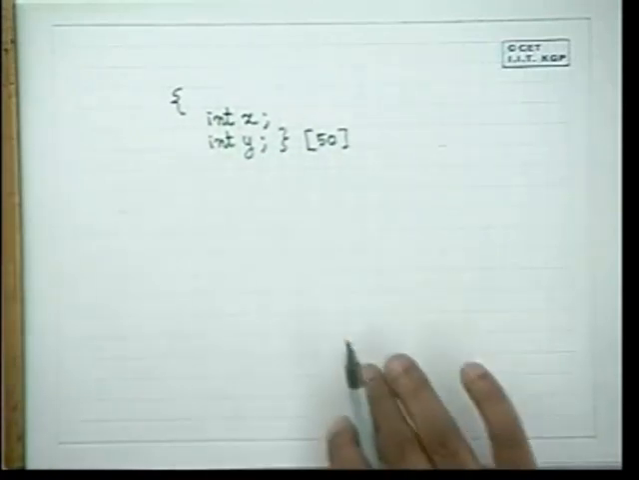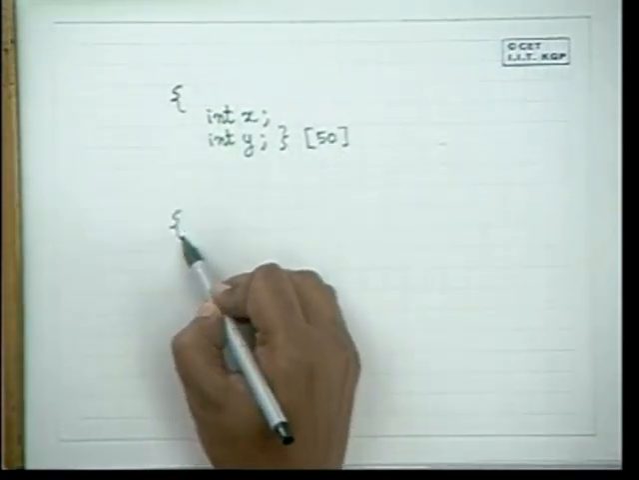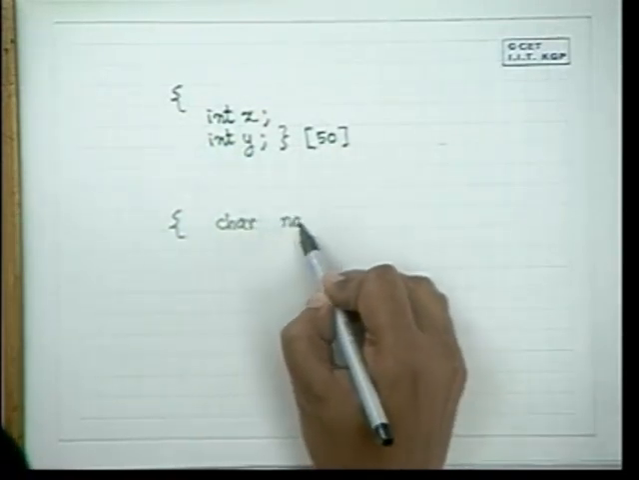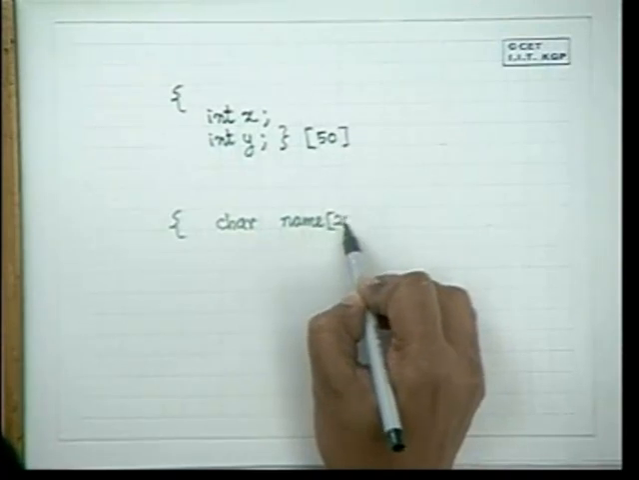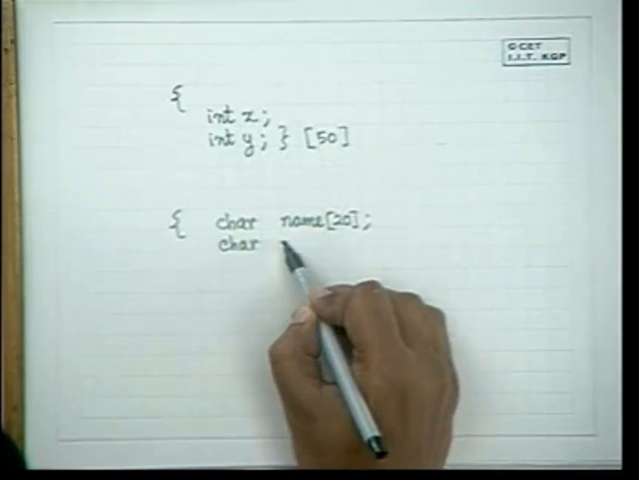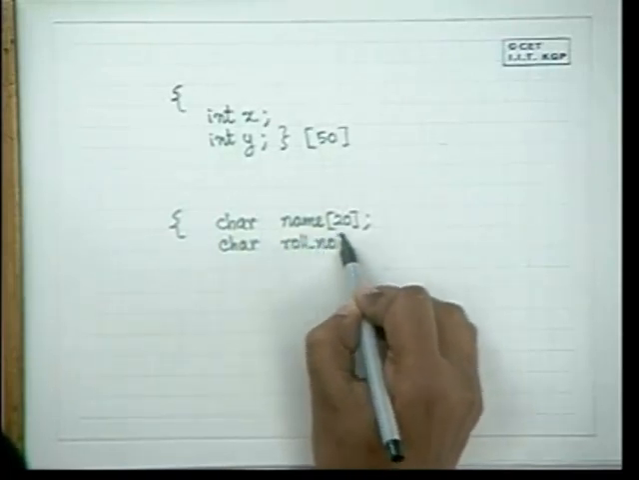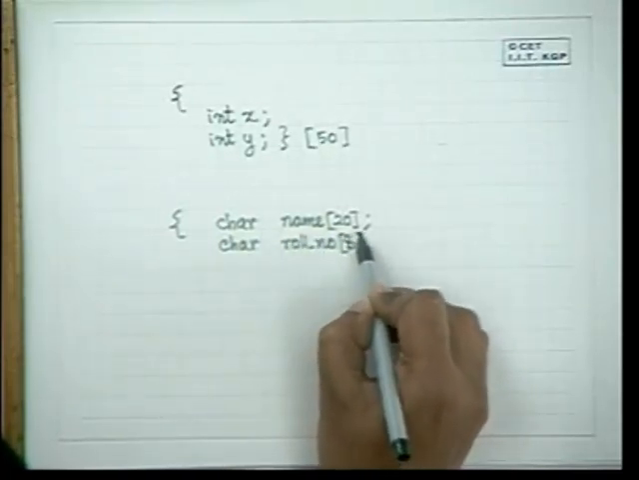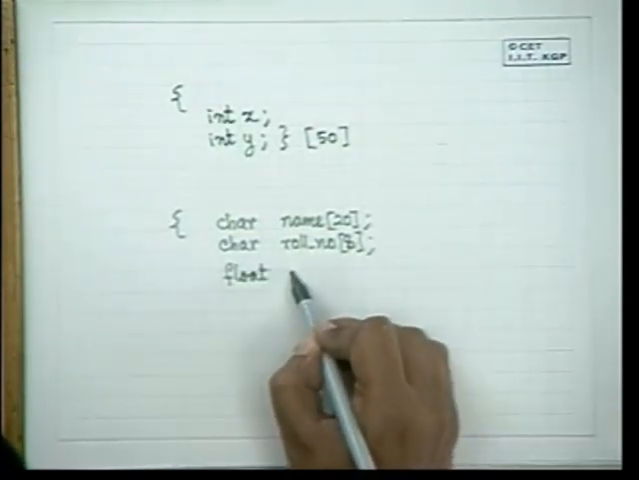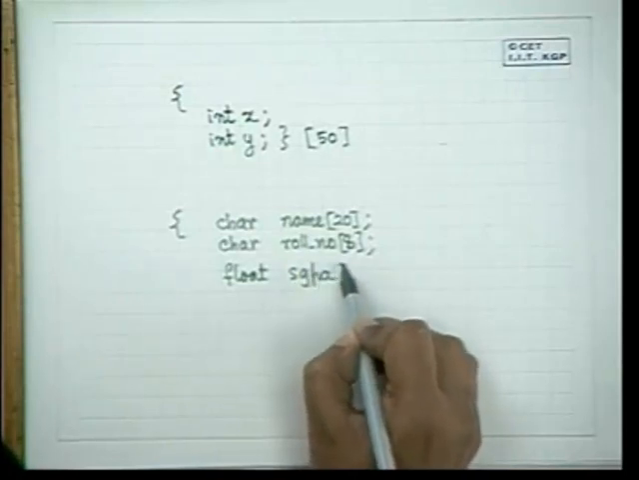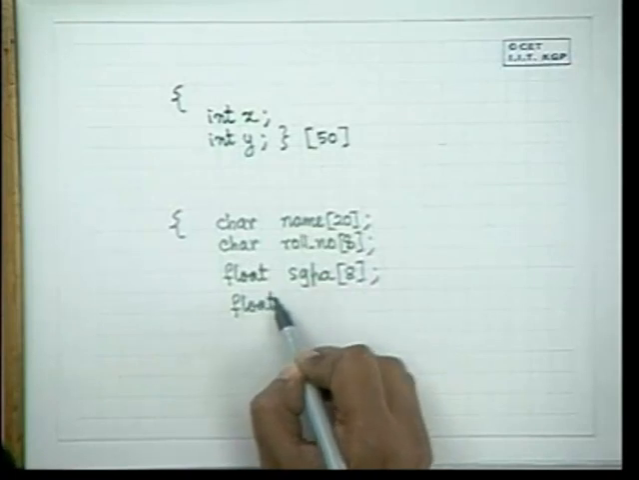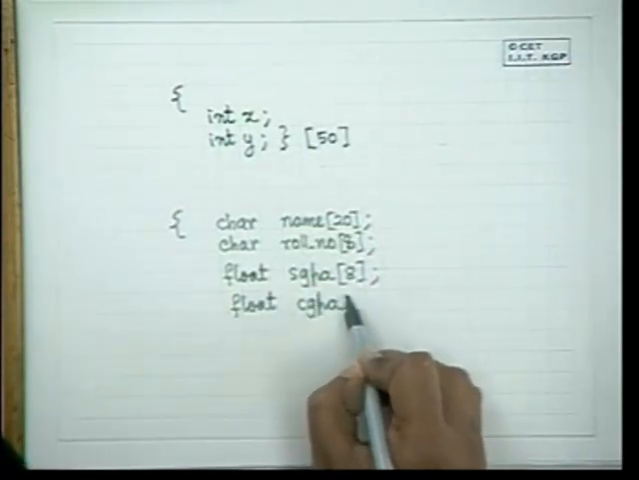Something like this. And in the roll number situation, we would like to define character name, say 20, character roll number 8, float SGPA 8, float CGPA 8,